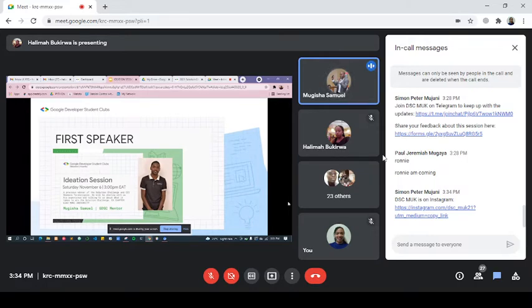Winning the Solution Challenge was not something easy. It is something competitive as well. We were competing with a project called Immunization Calculator, and we were trying to fulfill one of the 17 goals, as she mentioned to you, and we were tackling goal 3, that is good health and well-being.